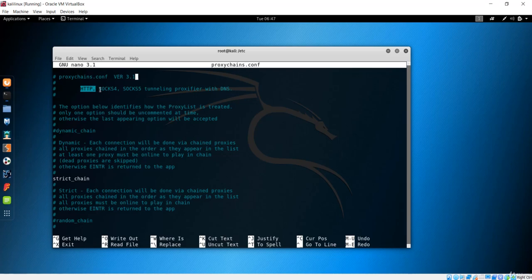I have already told you that these are proxifiers, or basically proxy servers, that we are going to connect with this Tor configuration. First of all, we have to make use of these proxy chains to connect with the Tor network using this tunneling proxifier with the DNS. The next thing you can see down here is this dynamic chain. It is very important.